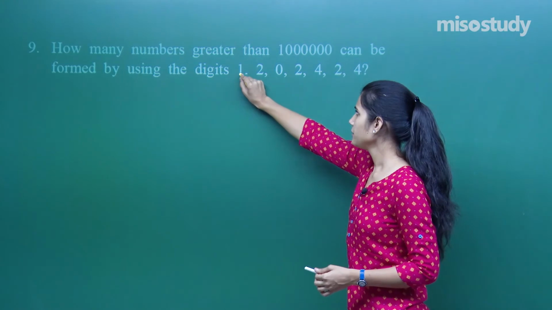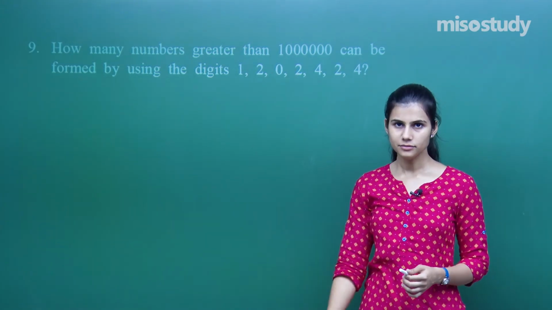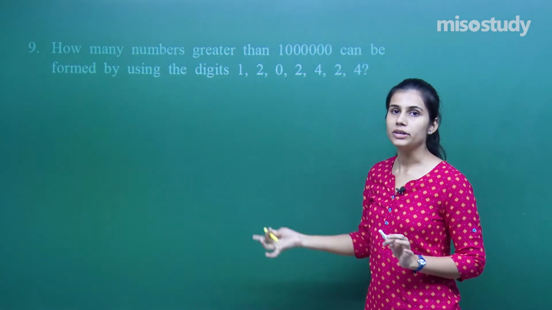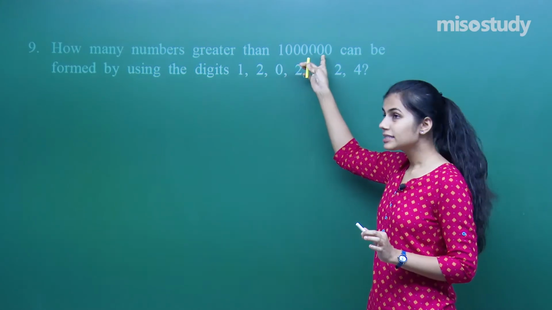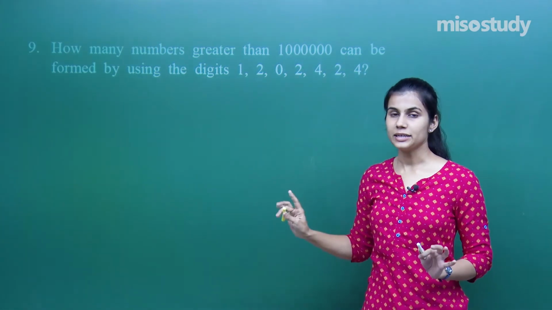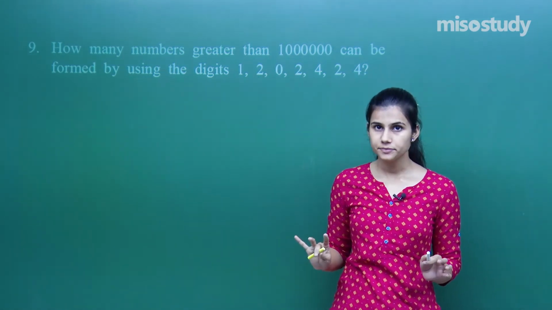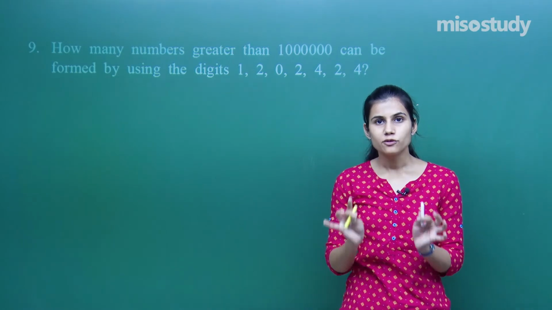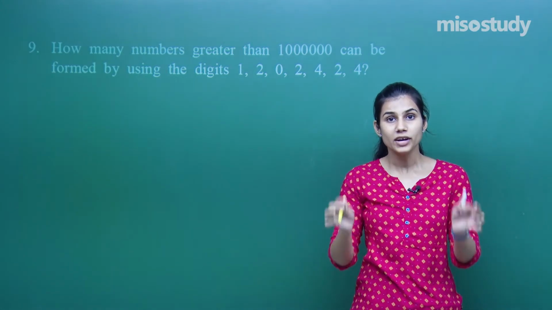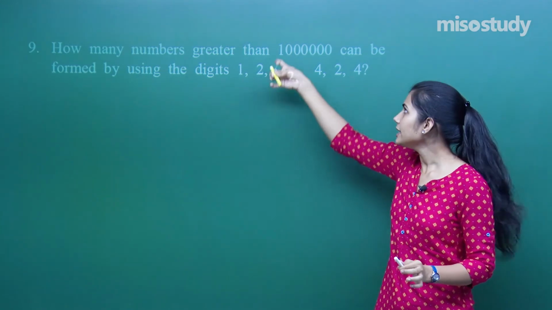And here the digits available with you are 1, 2, 3, 4, 5, 6, 7. That means you have to find out the number of numbers which are greater than this given 7-digit number formed by these 7 digits only. That means the number greater than this number is going to be of 7 digits only. First of all, we have to form a 7-digit number. We have to find out the number of 7-digit numbers formed with these digits which are greater than this 7-digit